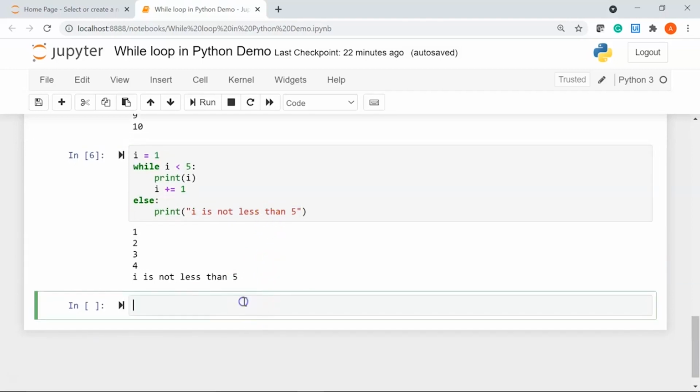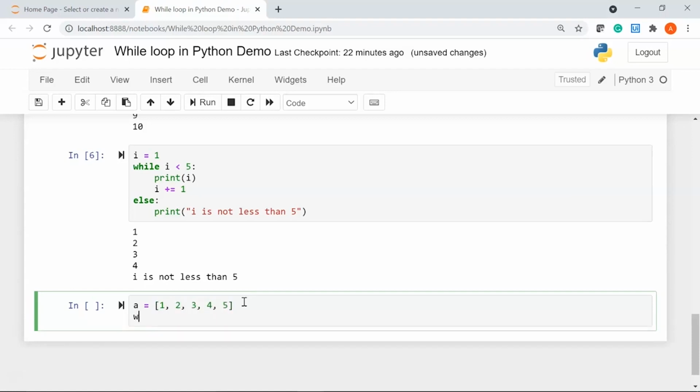Now moving ahead, so you can use inbuilt functions inside a while loop. Let me show you how to use the pop function and remove the elements in a list using a while loop. So I'll declare a list of numbers, let's say 1, 2, 3, 4 and we have 5.